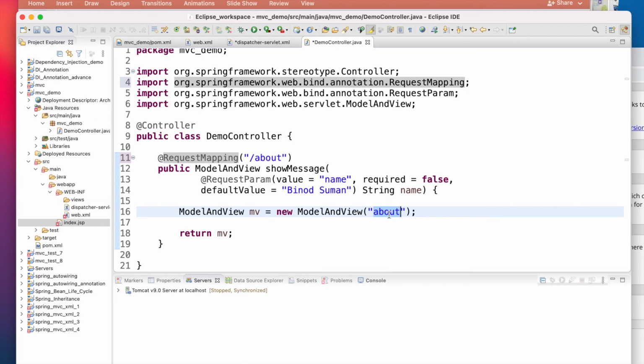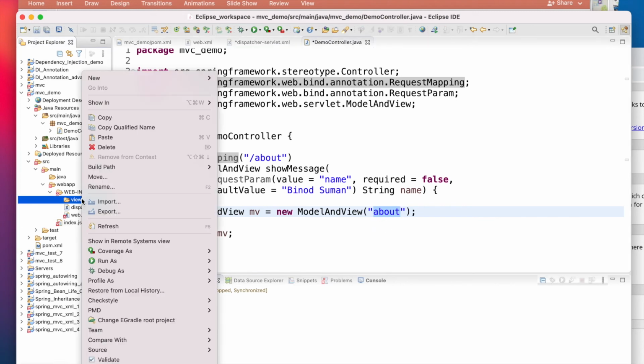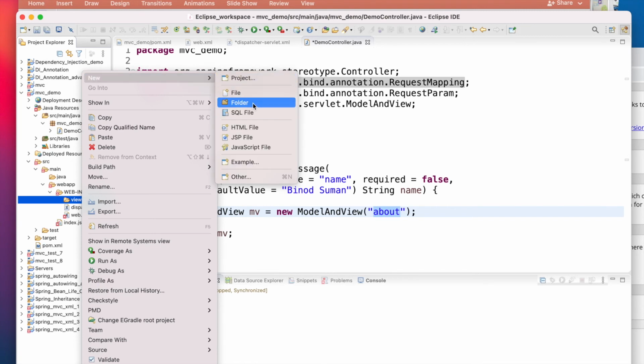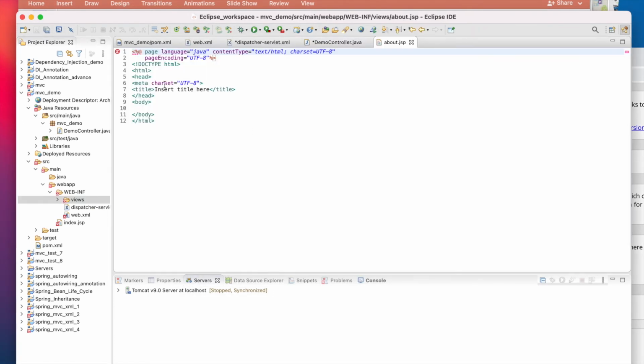And after resolving, what is the complete view name? It will become WEB-INF, then view, and in the view we should have one about.jsp. So inside the view you have to make one JSP page, and the name should be about.jsp.